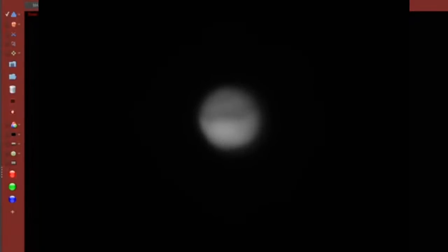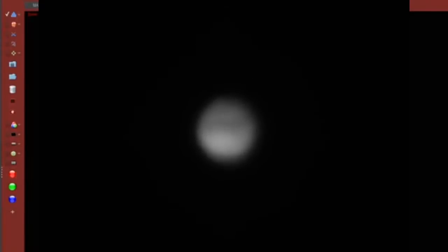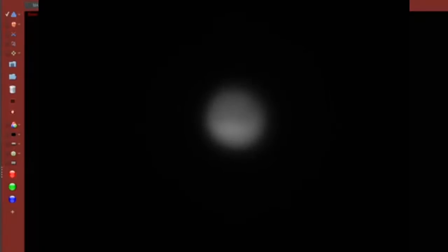Now, when we talk about the physical characteristics of Mars, I mentioned that, of course, Mars is the fourth planet from the Sun, so it's further away than the Earth, and that means its year is longer. A year on Mars is 687 days long, so almost twice as long as a year here on Earth. And it's tilted at 25 degrees, so it actually has distinct seasons like the Earth, but they're about twice as long. And so in the late summer, in the southern hemisphere, you're able to see features such as the ice